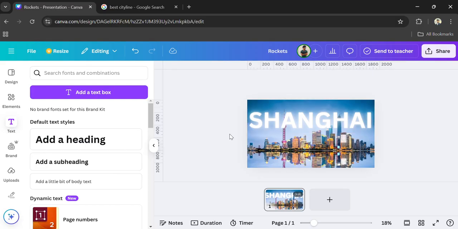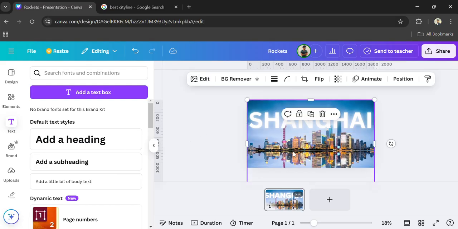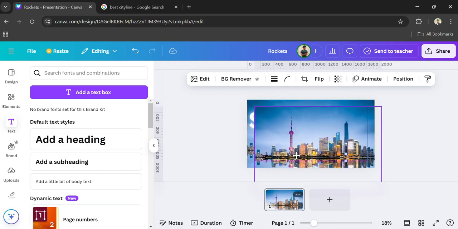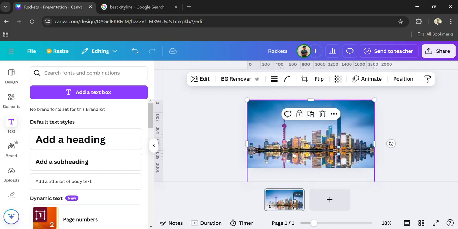Yeah. So what we're going to do next is just copy the background image and make it on top of the other image. And what you could do is remove the background of the second image. So if you don't have Canva Pro, you can watch my previous video on how to remove the background without